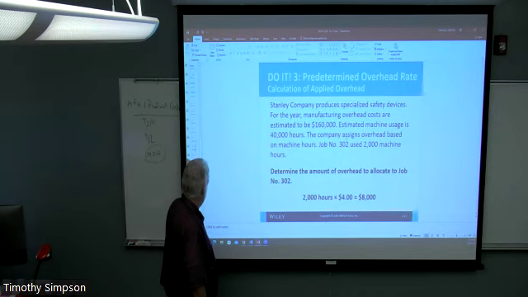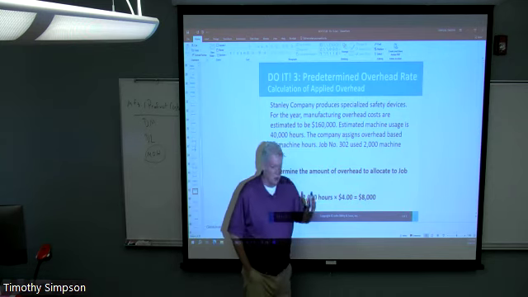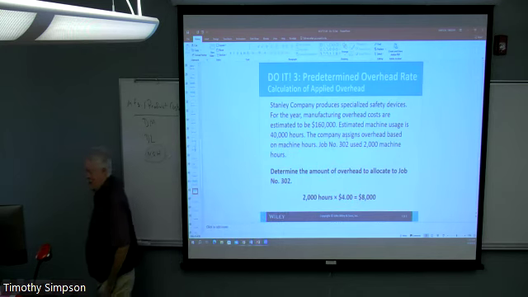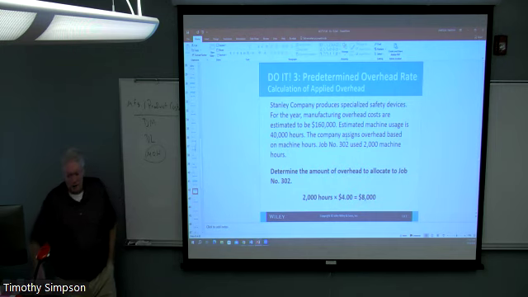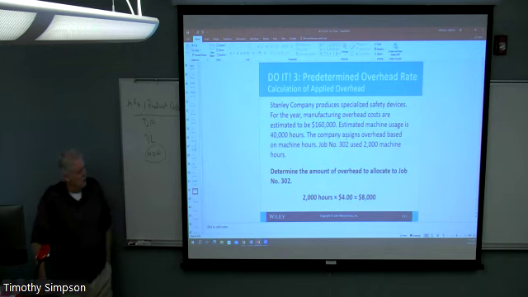And then we'll talk about what happens as we get further down the road. Right now, the goods are not yet done. They're still being worked on. That's why we've got a work in process account. It's sort of a temporary account, I would say, in terms of capturing values. And actually, maybe the term temporary is probably not a good one.